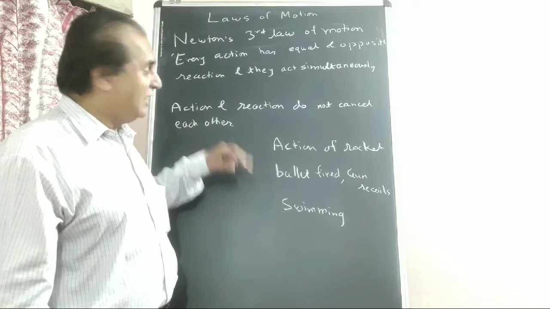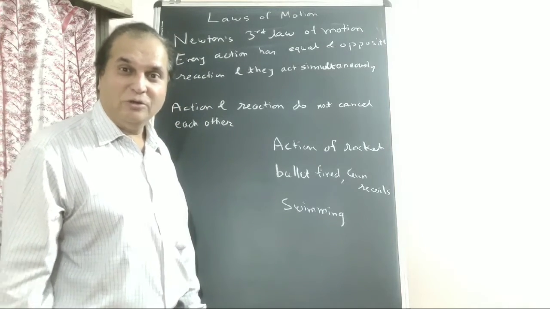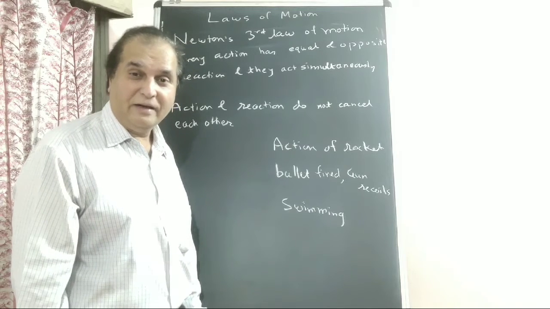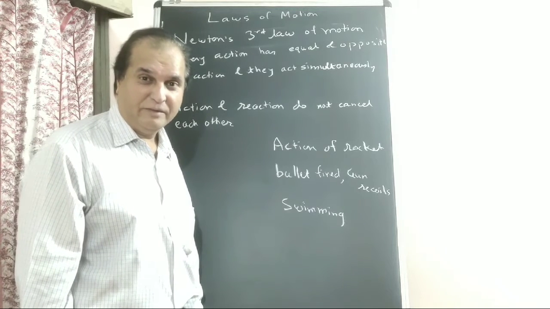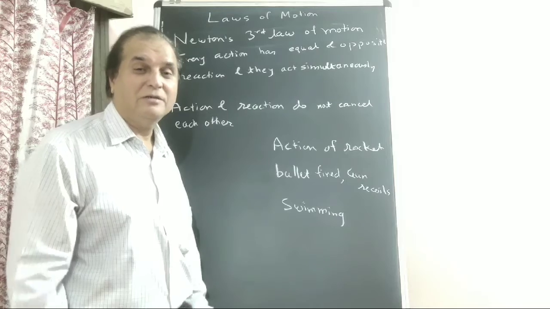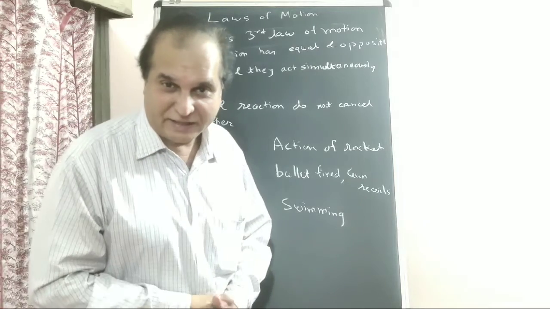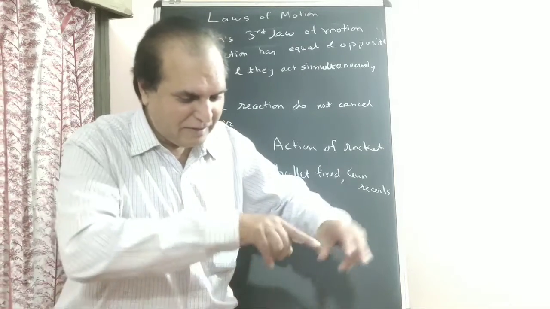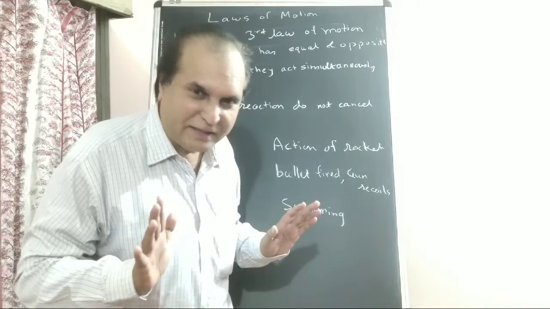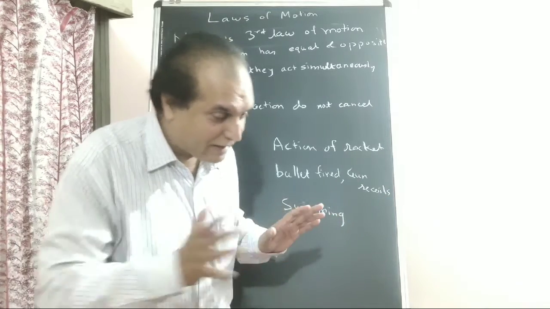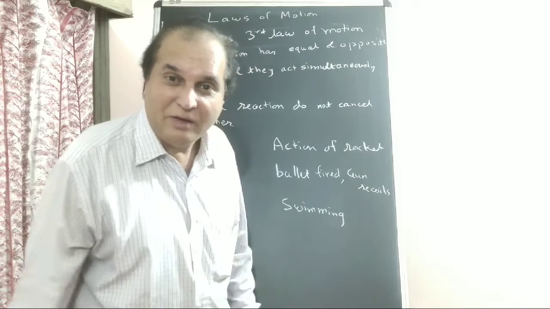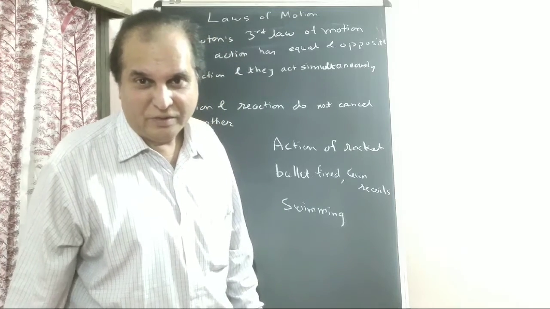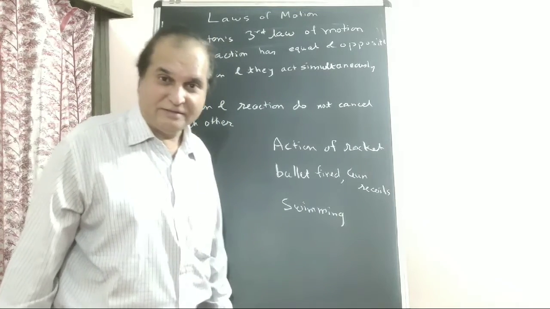Last test, they are equal and opposite forces, right? I told you balanced forces, they cancel each other. Okay. Because they are equal and opposite because they are on the same object. The same table. One is pushing you at 10 Newton, another is pushing from exactly opposite side 10 Newton. The table will not move because the forces are balanced.